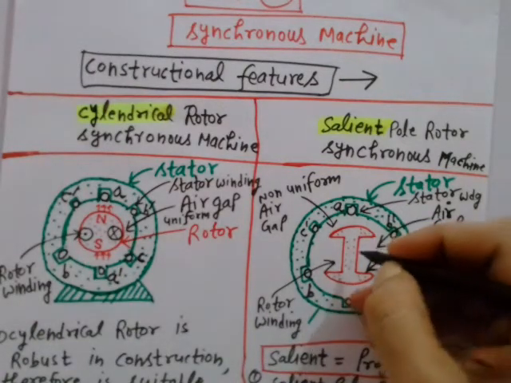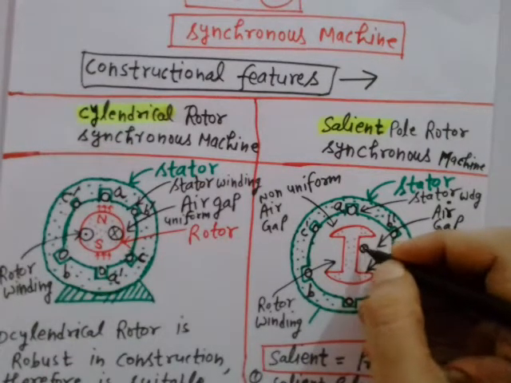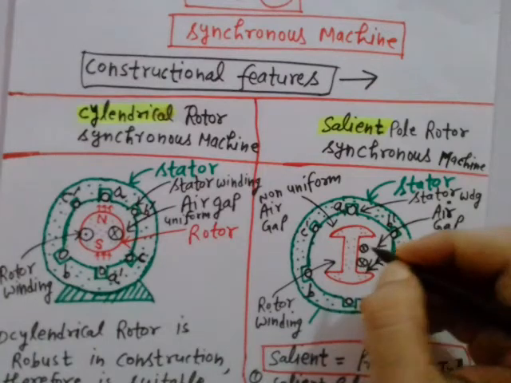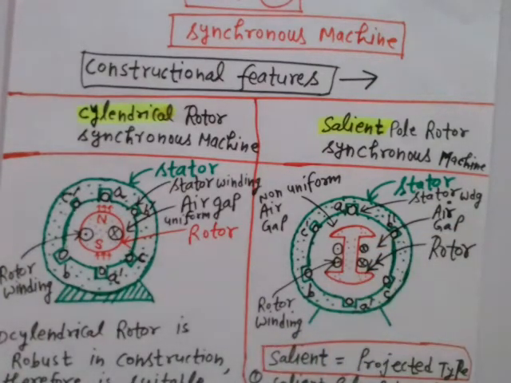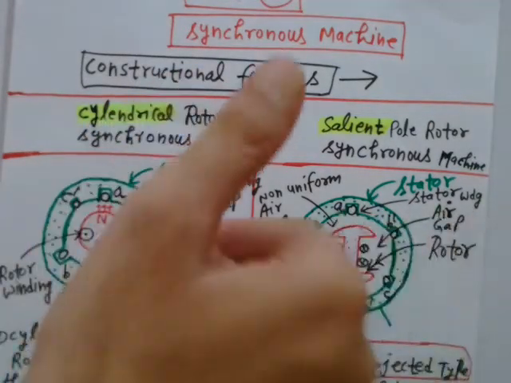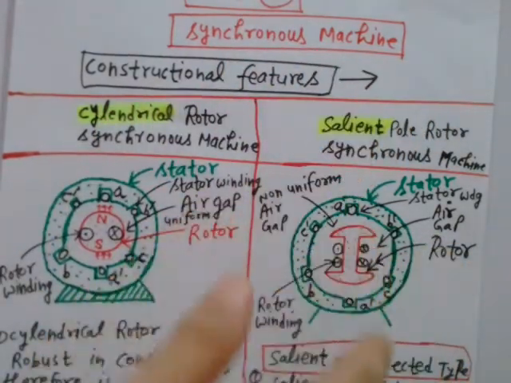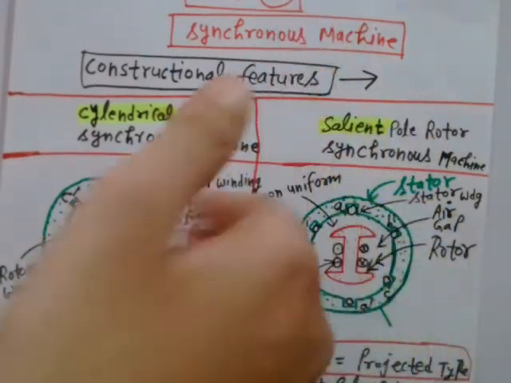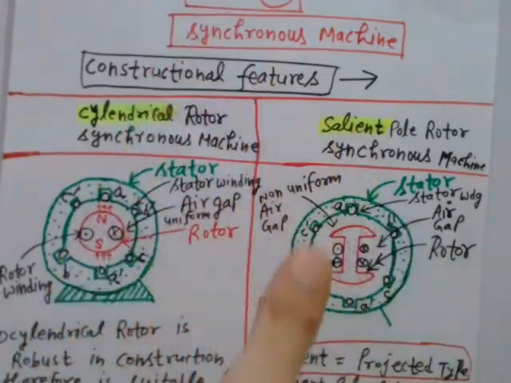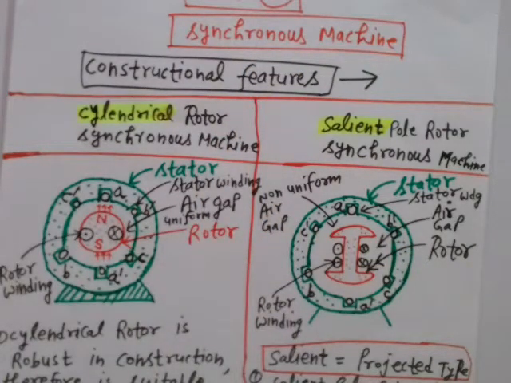Now suppose on this rotor you have done the field winding like this, this is a cross, and here it is a dot. These are the rotor windings. So where you apply the right hand thumb rule like this, a cross means away from the reader, away from yourself. So that means where my thumb is coming, it is going in this direction. The thumb is the direction of the north pole.